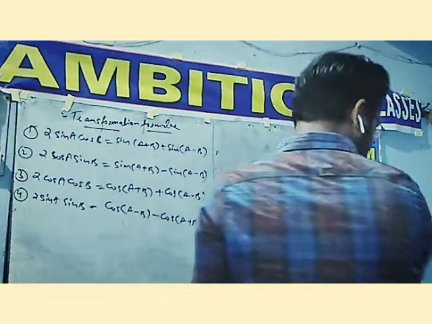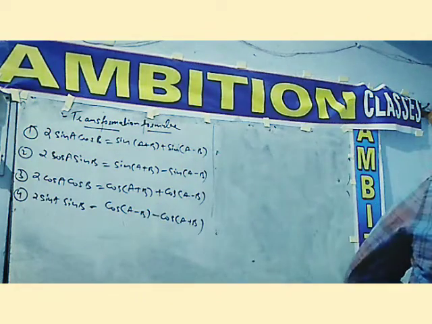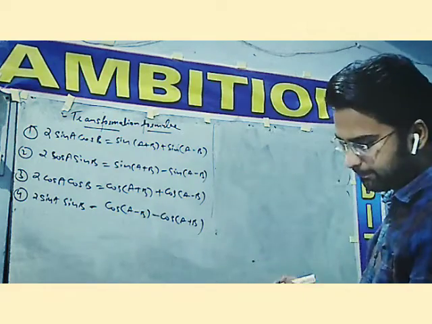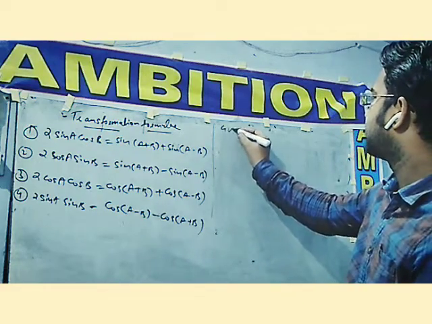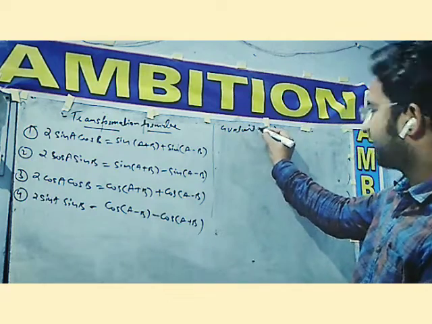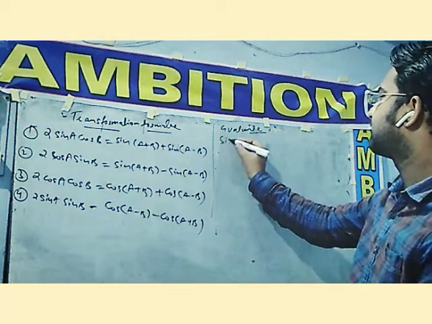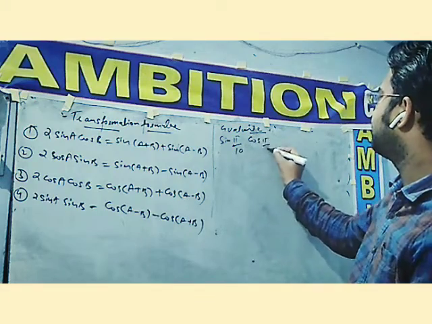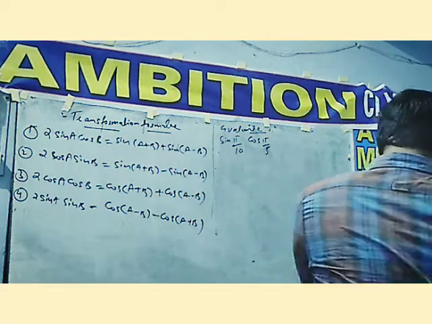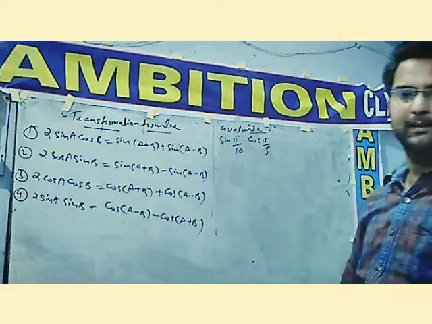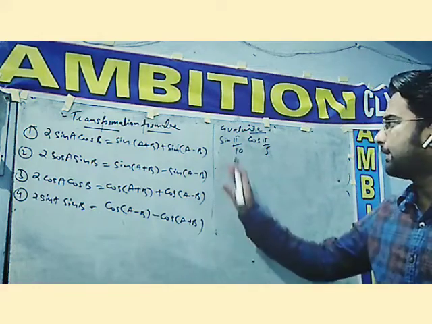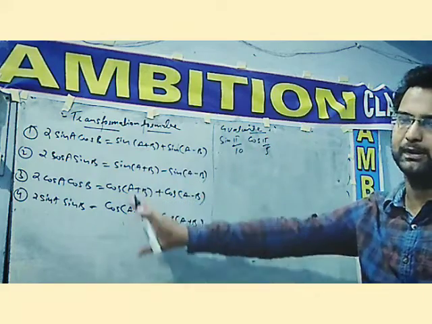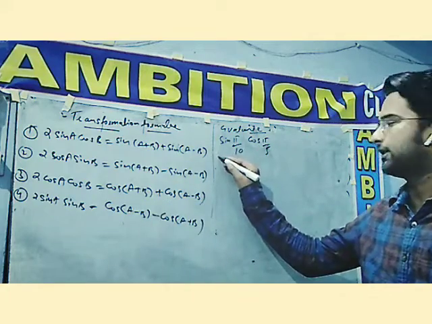So students, let's continue one more question. What we are having here, we are having one more question. This question is given in terms of pi. Evaluate sine pi by 10 cos pi by 5. So we have to evaluate this question. Students, what we have to do? We have to multiply and divide by 2, in order to make this question in the format of these formulas. Okay, students, let's do it.